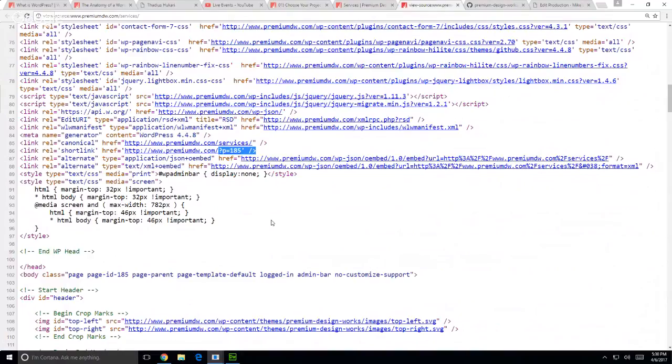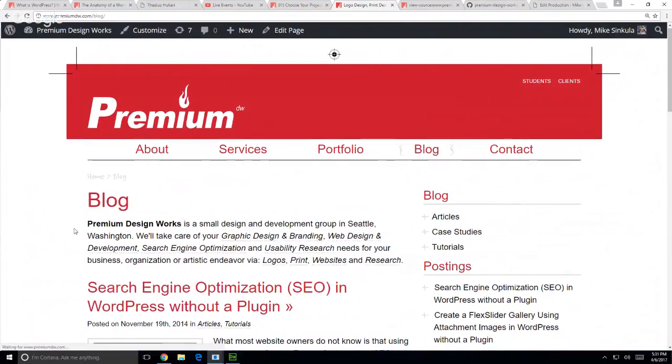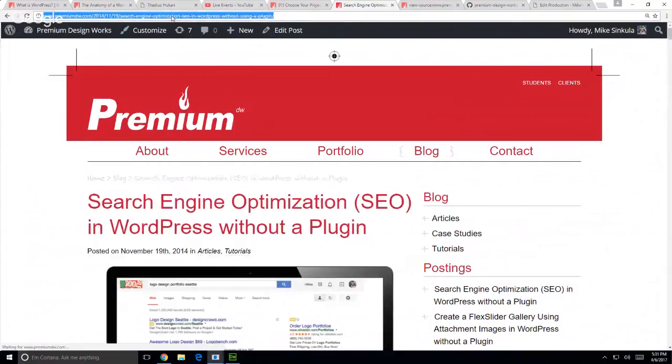So this is where if I wanted to use short links, like those bit.ly links, right? Instead of copying the long link, let's say I wrote this blog article and I wanted to grab the URL and post it to Facebook or somewhere else, but that's a really long URL, okay? So let's say I wanted to use the short URL instead, right? I could go and look at the source code